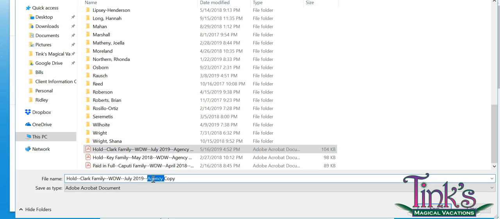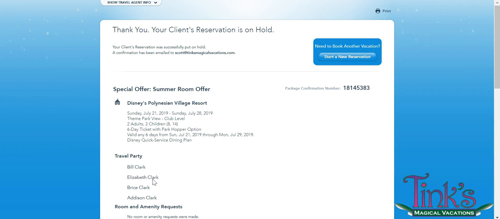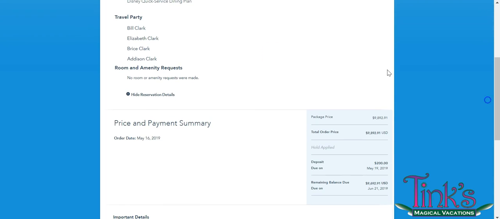Click on it, and then I will just do guest copy, so that way I've got that saved for them. From this point, this is where you would go on and use all the information that you just gathered between your confirmation number and your travel party, their information, the package price, and don't forget right now you do not